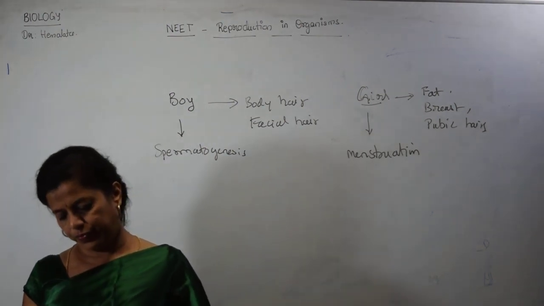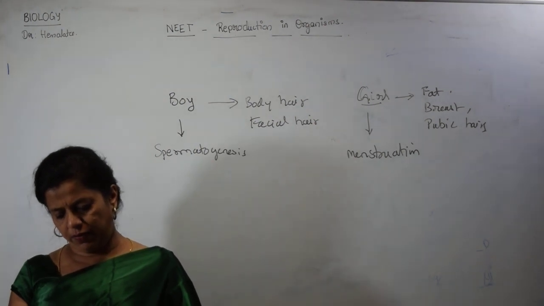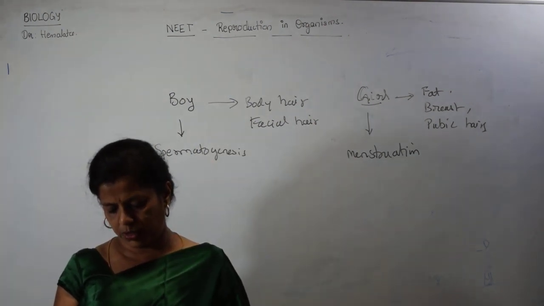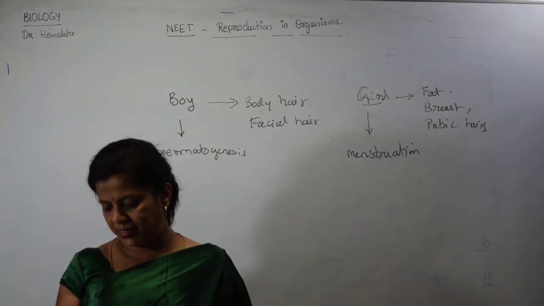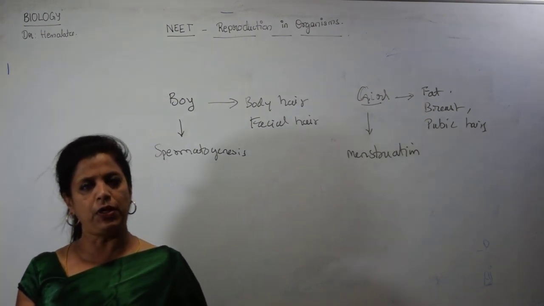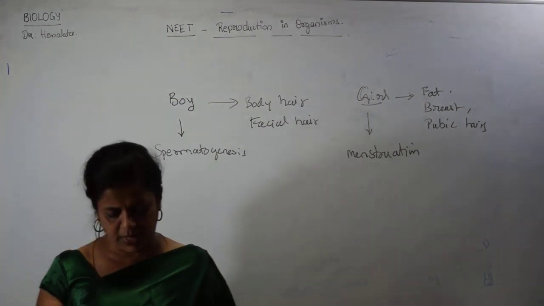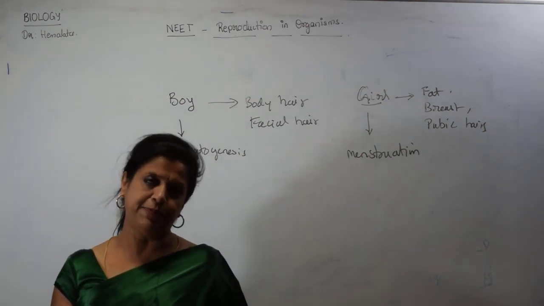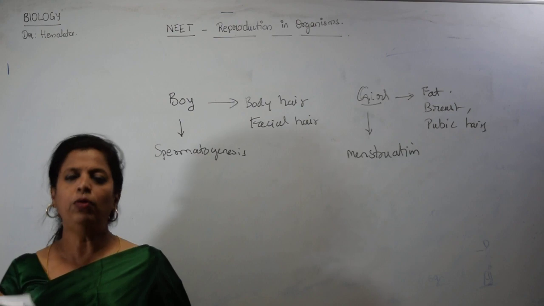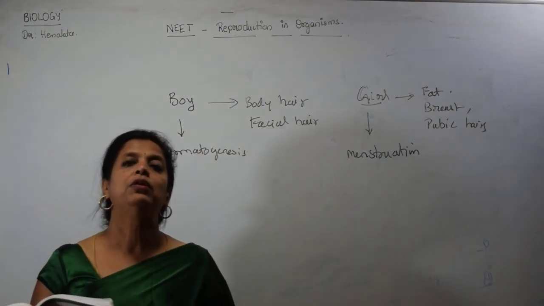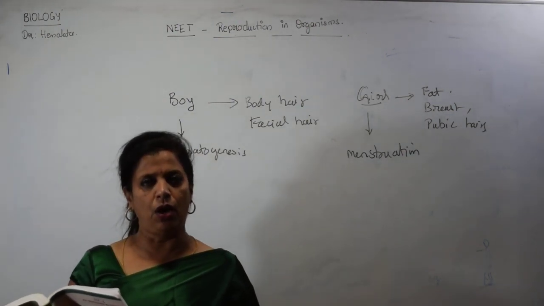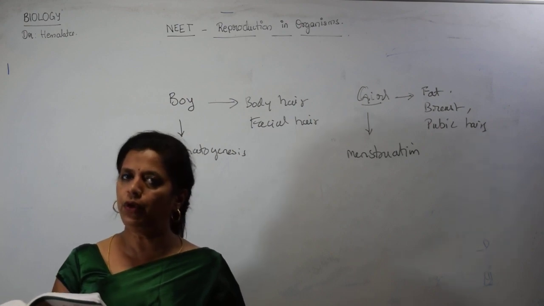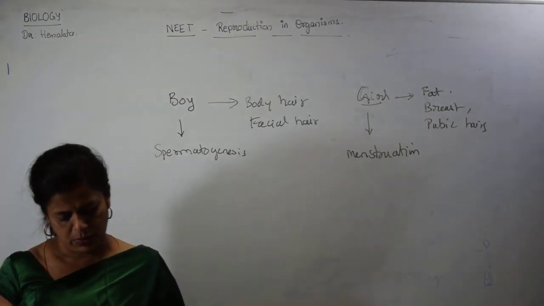Now, read the following statements about the reproductive cycles in mammals and select the correct ones. First one says, estrous cycle occurs in primate mammals. Already we know estrous cycle happens in non-primates like cow and other animals. So therefore the first option is wrong. Second says